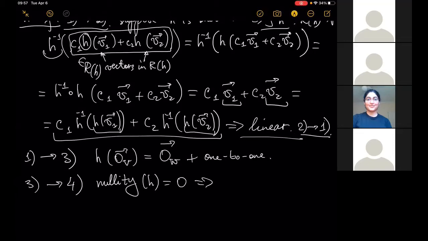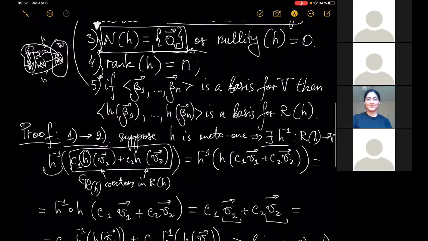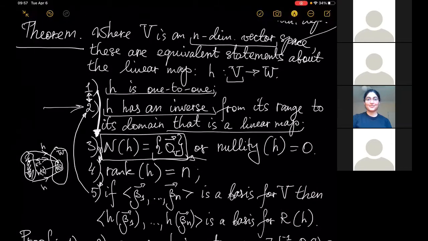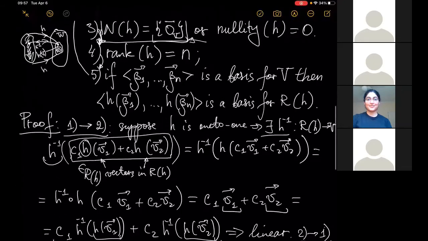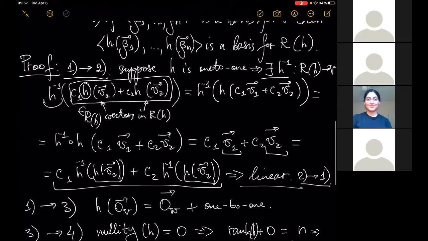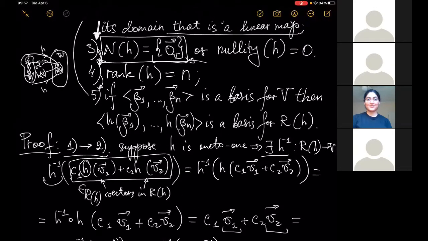But then, using the rank-nullity theorem, we get that rank plus nullity, which is 0, equals the dimension of the range, which is n. So correspondingly, from here, we get that the rank of the homomorphism is n. So we have got from 3 to 4. Now from 4, from the fact that the rank of the homomorphism is n,